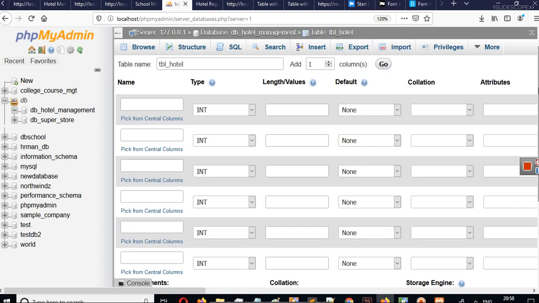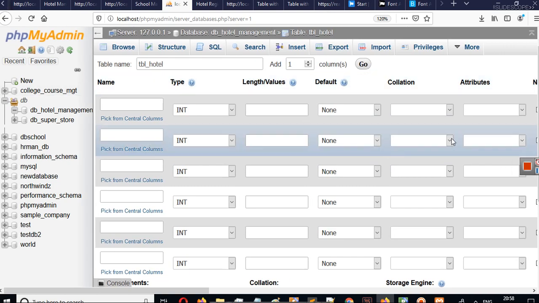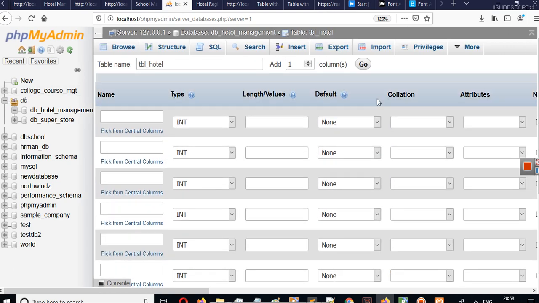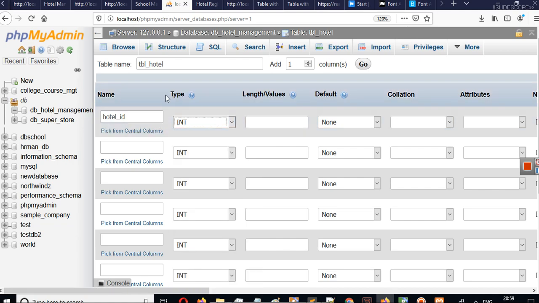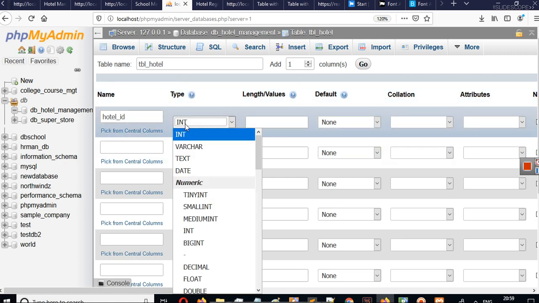You can see this is a table designer here, and phpMyAdmin gives a really nice table designer. The first column I will call hotel underscore ID, which is simply the identification or the identity. Now we have data type here, right? This is the data type of columns.